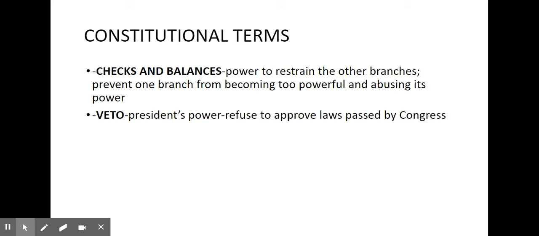Now, Congress, okay, if the president vetoes the law, and Congress says, you know what, I think this is a good one. We've worked really hard on it. I don't think we need to change it. Congress can override the veto, okay, by a vote. I think it's a 2/3 majority, I think is what it is. But again,